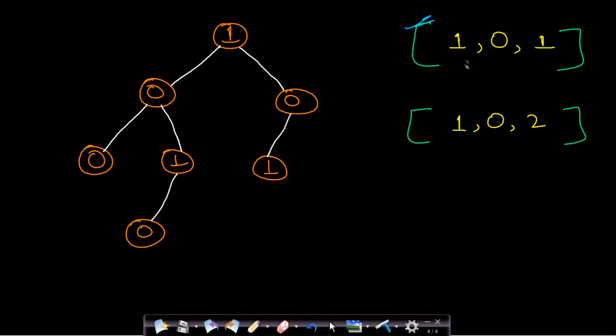So let us now process an example in order to get a better understanding. So let us take the first example and find out 101. So we will match this element. We are currently at 1. 1 is matching with 1. So this will be updated to 0 and we will make a left call. So we are assuming that we will first be processing left hand side and then we will process the right hand side. So we are currently at this 0. So 0 and 0 are matching. So this element will be incremented and we will make a left call. Now this 0 and 1 is not matching. So this will return false.